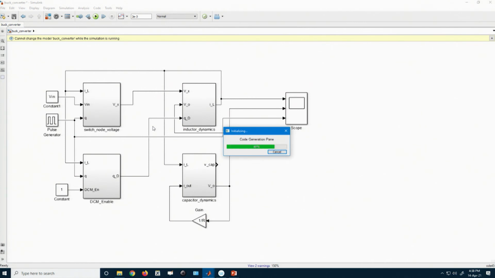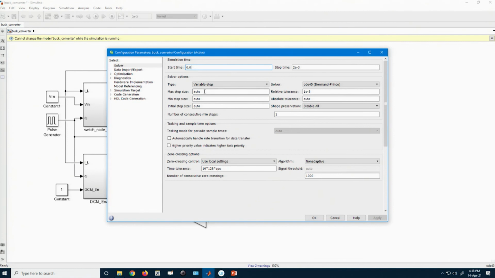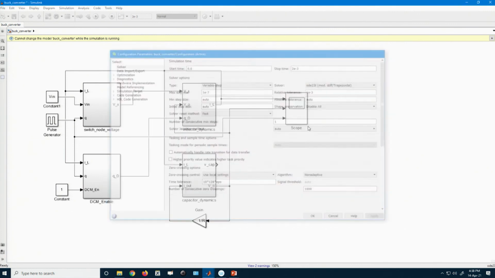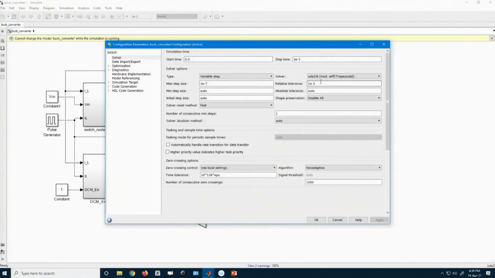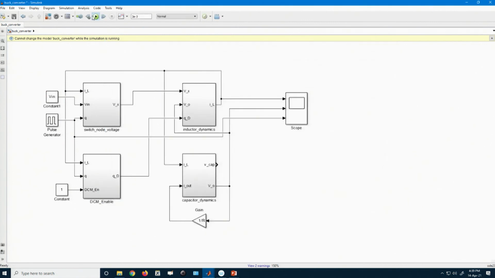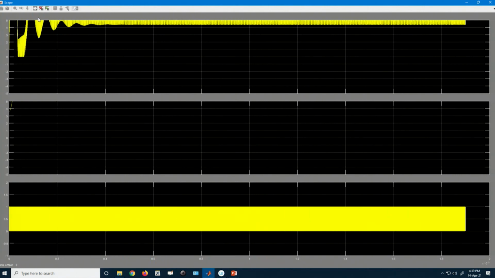Let us see the simulation settings. Maximum step size we should not take arbitrarily. So, we set at least a very low value, and here you can see the trapezoidal method. Relative tolerance also needs to be improved, because that is quite large. So, I generally prefer to use something like 1e-12. Now, if you run the simulation, maybe the simulation will be slightly slower, but that is okay.